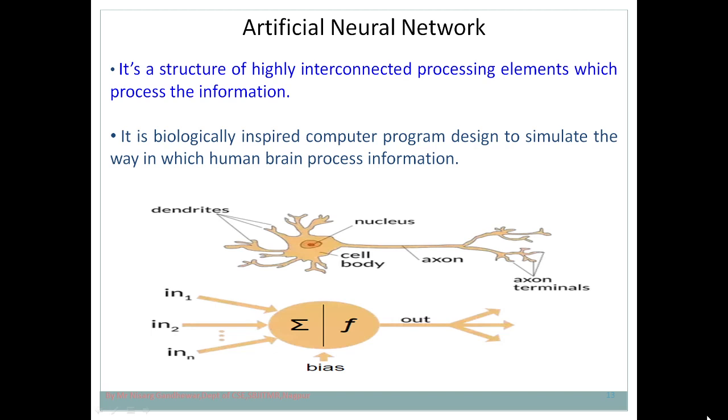Why is the human the winner? Because humans have the ability to learn. Humans have the ability to learn on their own, based on experience and observation. Your brain is learning, and we want to embed the same functionality of the human brain into the machine, and that is the role of artificial neural network.